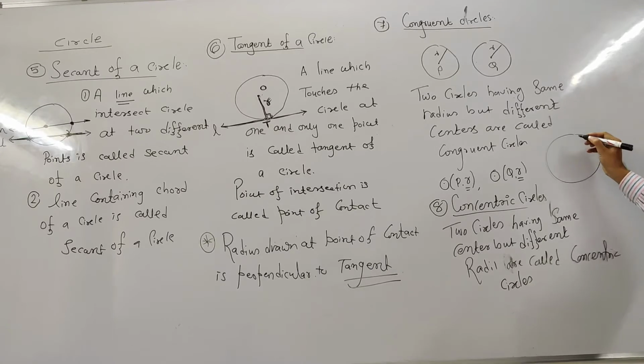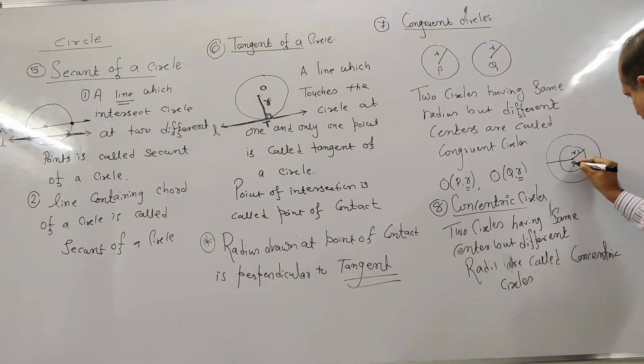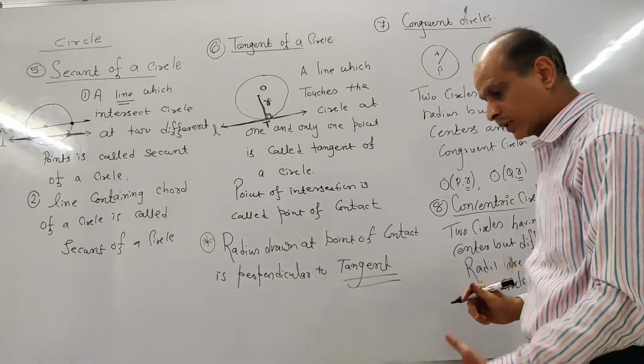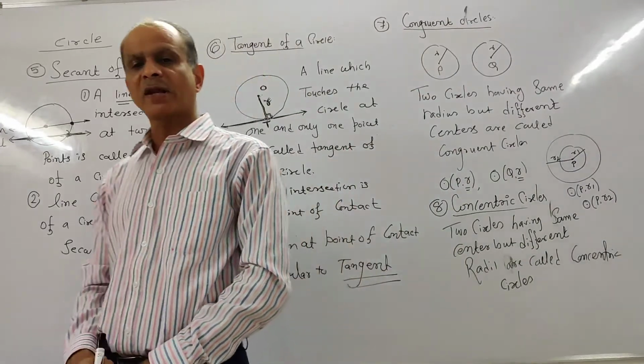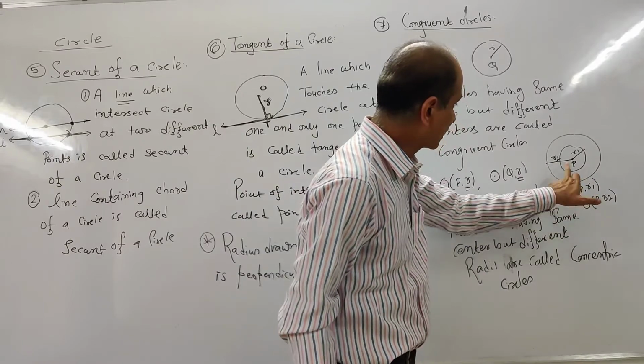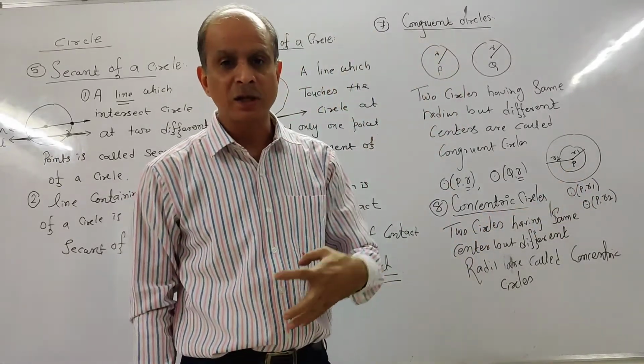The one circle, another circle. Here center is P, radius is R1. Here center is P, but radius is R2. So you can write circle with center P, radius R1, that is the smaller circle. Circle with center P, radius R2. Radius R2 is greater than radius R1. So in these two circles, radii are different but centers are same, and that's why they are concentric, means